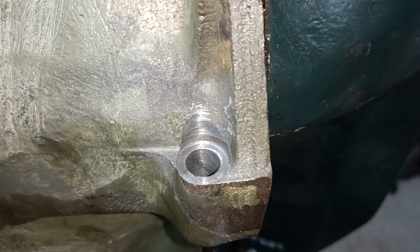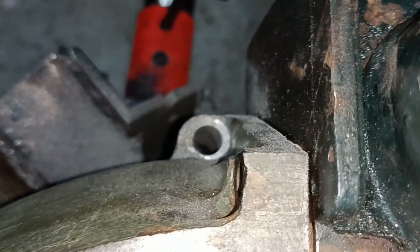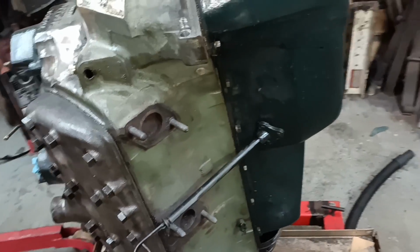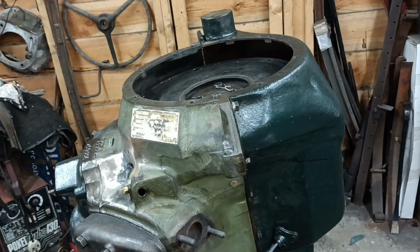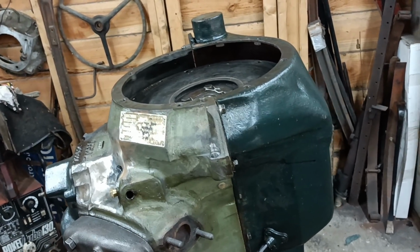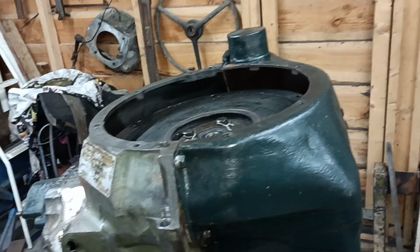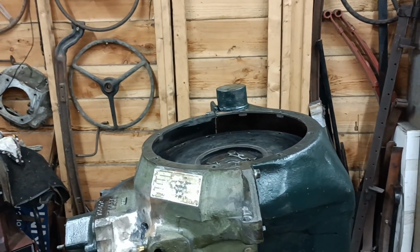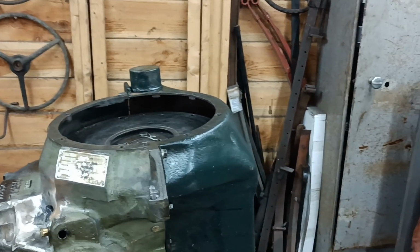Okay, righto. So there's my little job. Two of those, one, two. So that makes this engine adaptable now into my pickup, or any other early Ford really. Righto, I'm running out of things to do on this now. Well, that's the last of the jobs now. I've got to fit the clutch, then I can start looking at fitting it back in the truck,